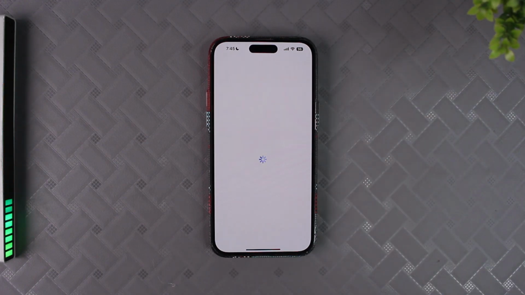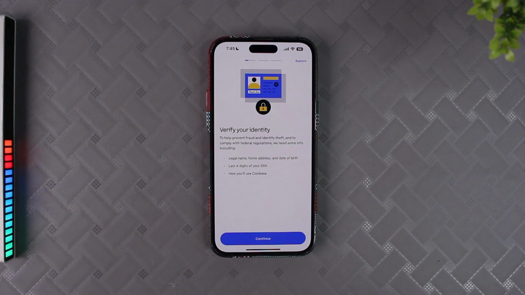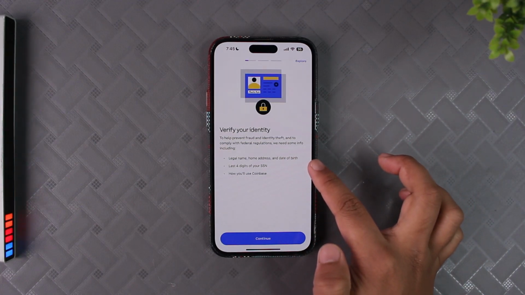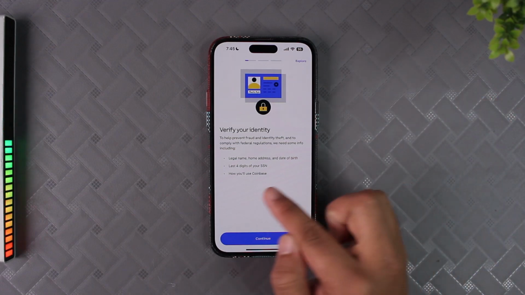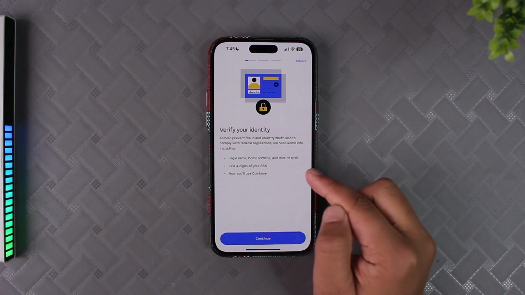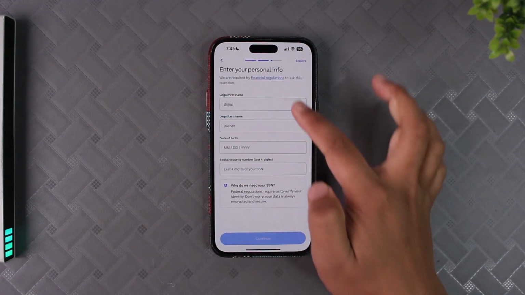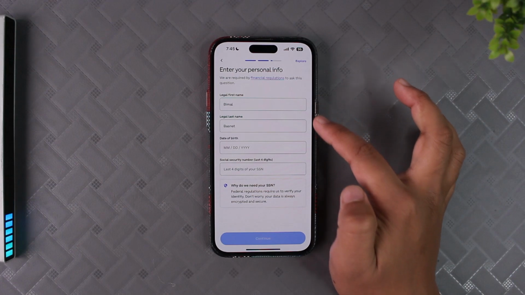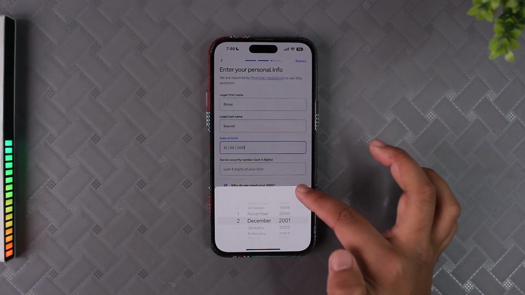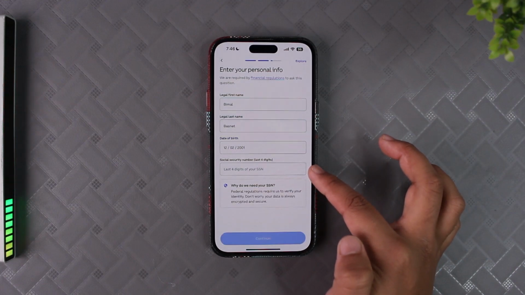It'll ask us for a couple of steps that we need to verify our identity. So here you can see it will need a legal name, home address, and a date of birth and a document that shows that, and last 4 digits of your social security number, and how you use Coinbase. Tap on continue, and you want to make sure to enter your legal first name, legal last name, and make sure to choose your legal date of birth as well, and the last 4 digits of your social security number,